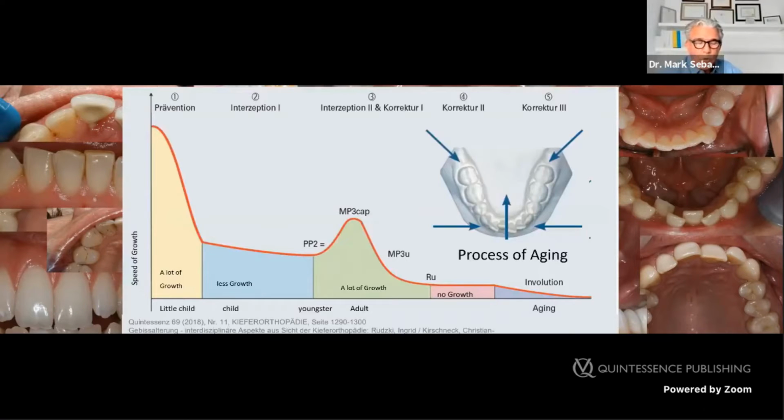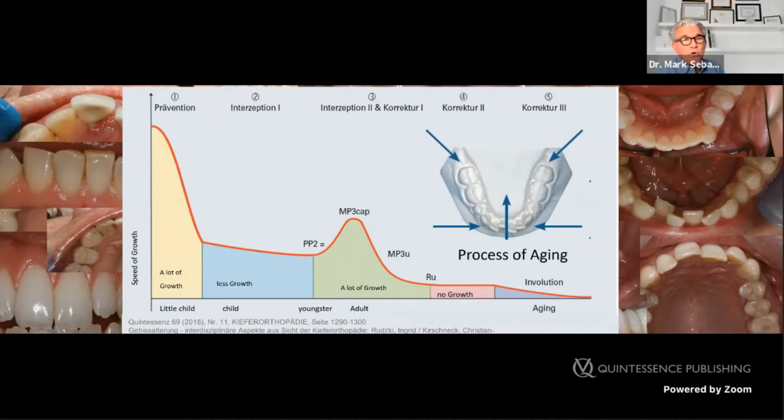In adults, we no longer find any growth in the bone and the skull. On the other hand, and now this is our major problem, we find a shrinking process that occurs with the aging process. So the mandible is getting narrow, and so the teeth don't have enough space for the right position. And this change of the bone and the position of the teeth creates aesthetic and functional problems. And the question is, do we have answers for this aging process of the dentition?